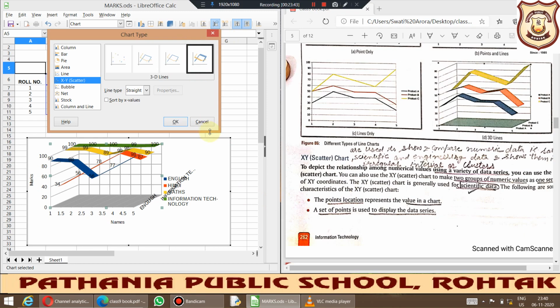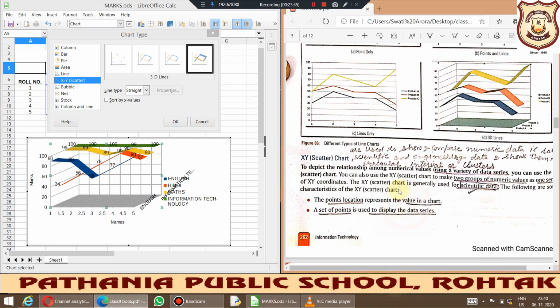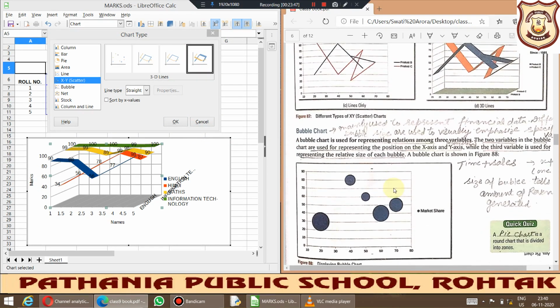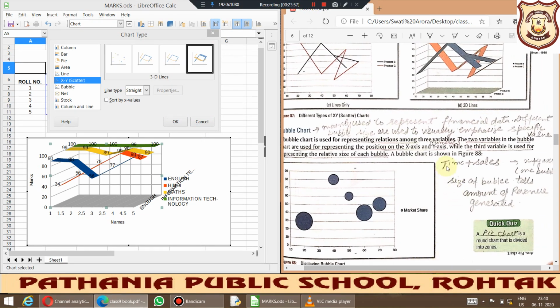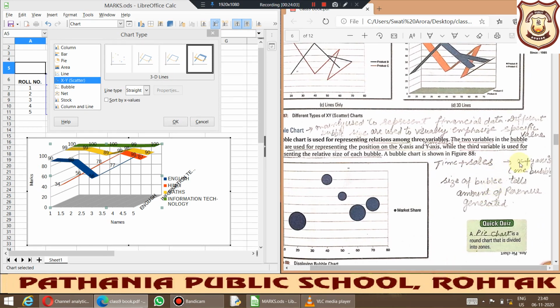Next type of chart is the bubble chart. The bubble chart is mainly used to represent financial data. When we are dealing with financial data, like when we want to show how much sale has been done in how much time, you can use the x and y axes, using just a bubble to represent the x and y concept.